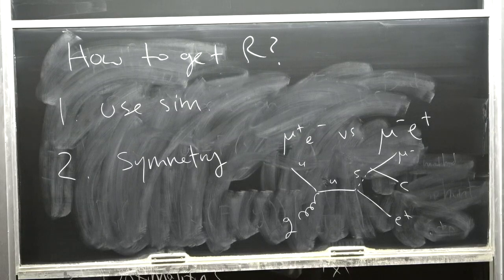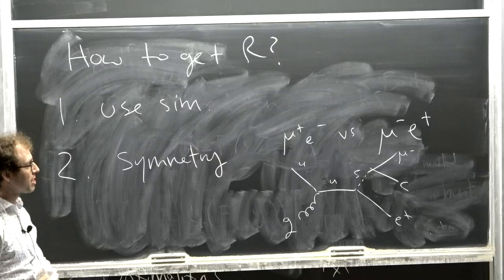So the benefit here is that it's 100% from data, no simulation, so it's kind of the opposite of simulation. The downside is that, of course, it restricts what you're looking for. So you're only looking for things that violate the symmetry, which most things don't. This is not exactly a contrived BSM model, but it's not like the first one you'd write down, probably. And there are other challenges.